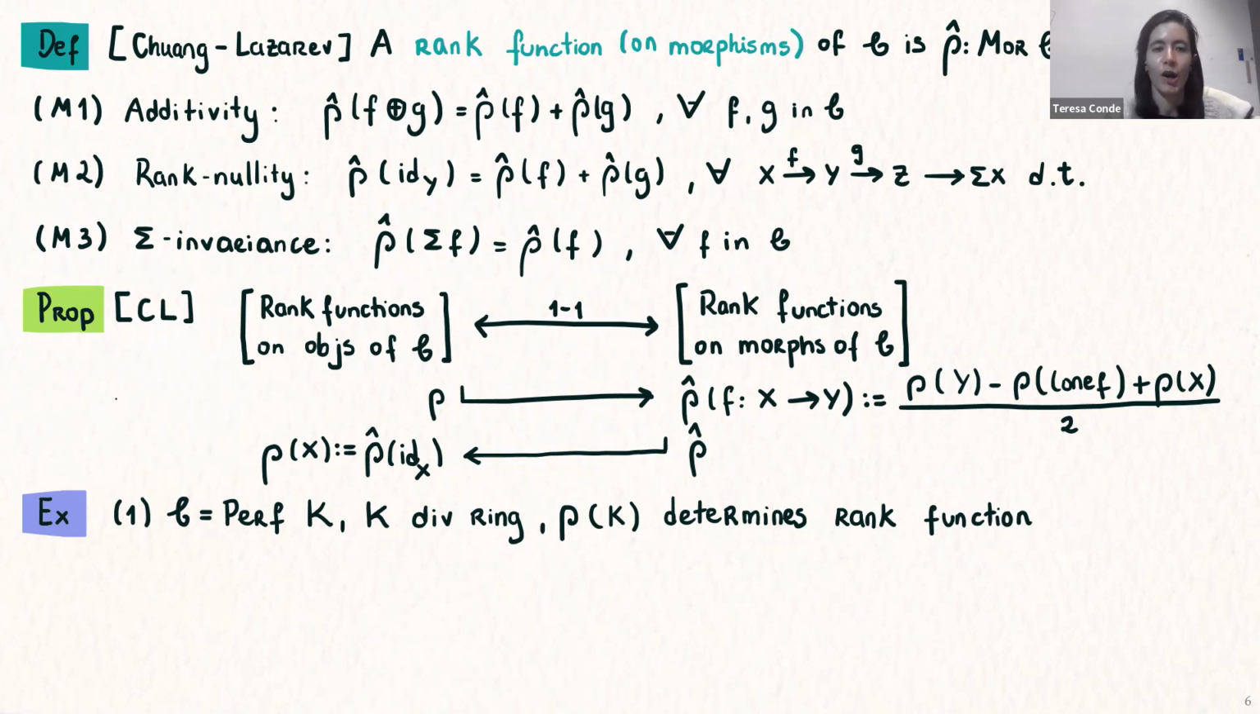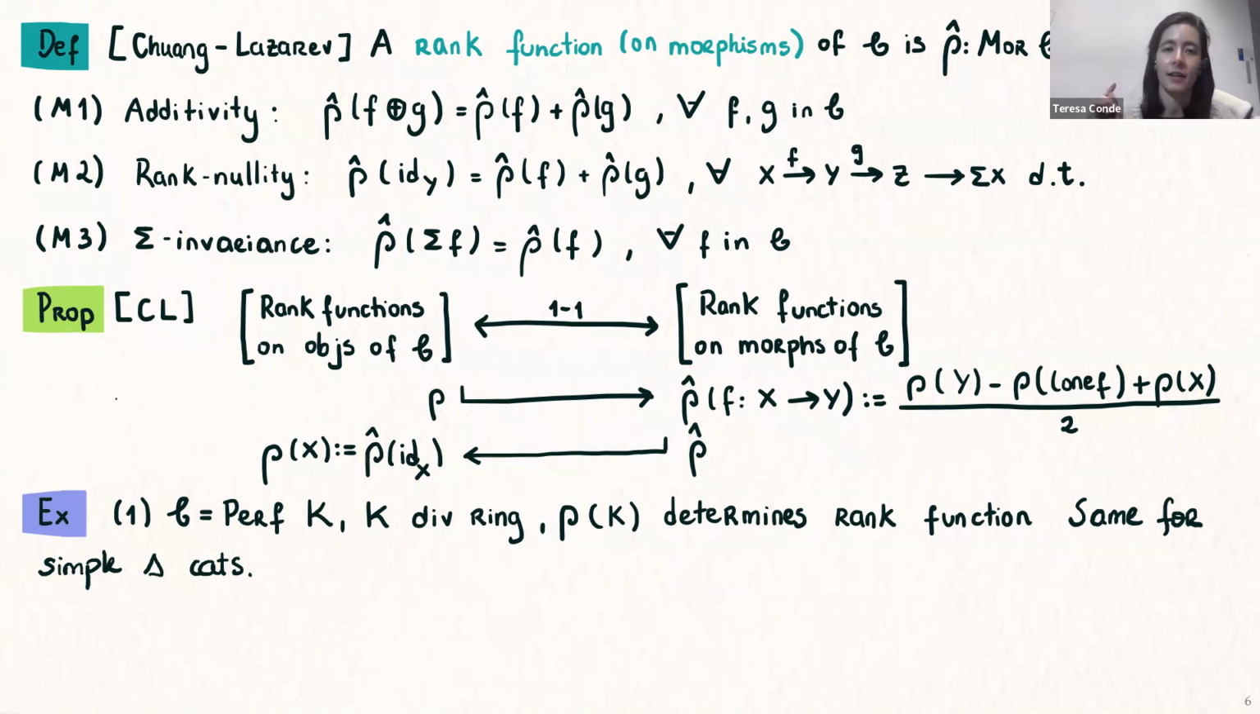Then in this case, all complexes are direct sums of translations of K. So it's quite clear that a row of K determines the whole rank function. So there's not much to be said in this case. And the same holds for any simple triangulated category. By a simple triangulated category, I just mean a triangulated category which is generated by one indecomposable object, and such that every triangle is a direct sum